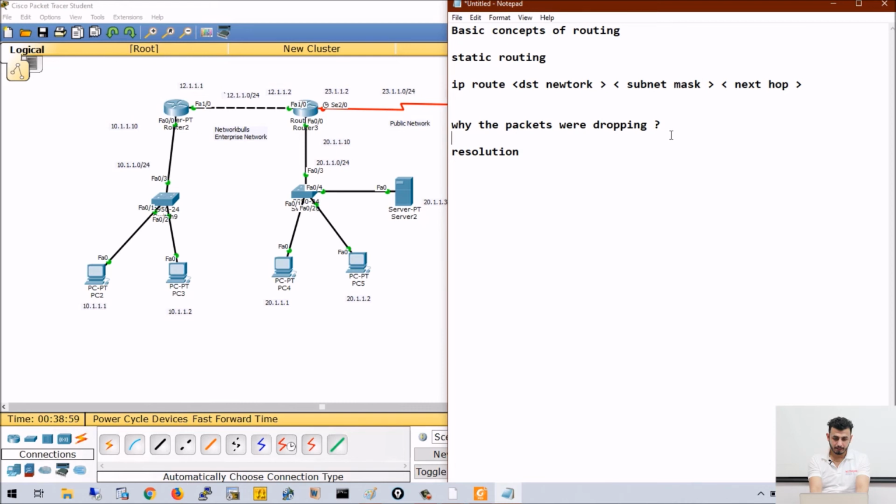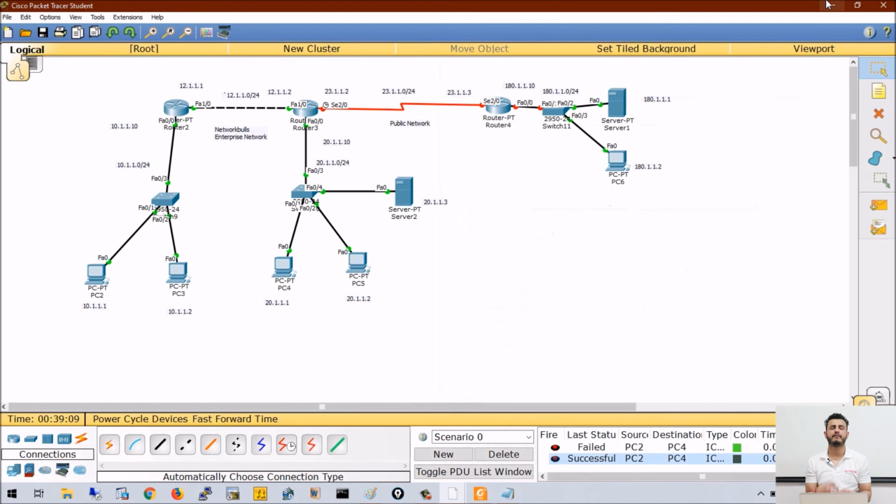I call them ARP resolutions. So in a network, the communication will not be direct. It will take some time, and you will get 2 to 3 drops. After that, communication will be successful. The reason I was getting the drop was that at that time ARP was getting resolved.